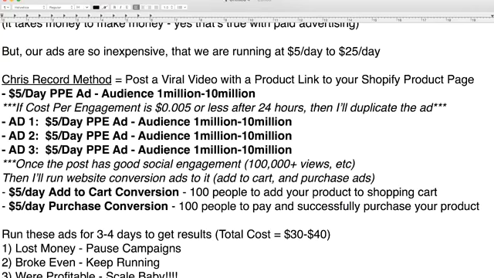They made a viral video about the charger, and they went straight to their page selling the charger for 15 bucks. You run a $5 a day page post engagement ad to a large audience. Okay, now what I'll do for these $5 a day add to cart conversions is I'll run